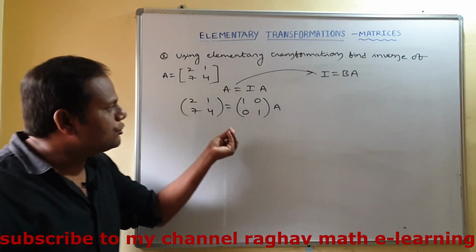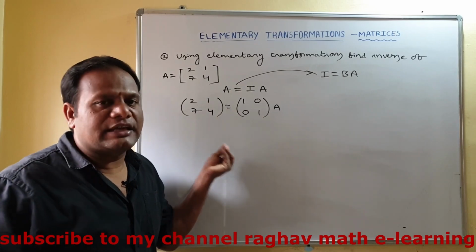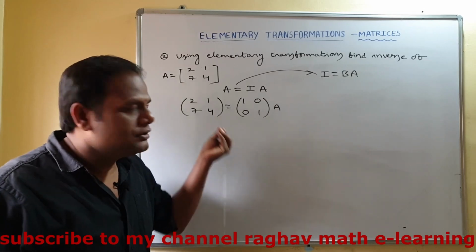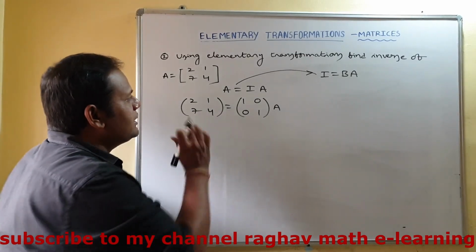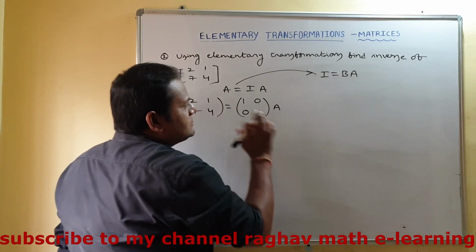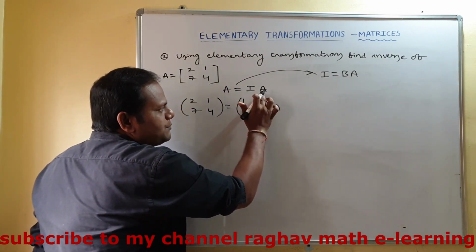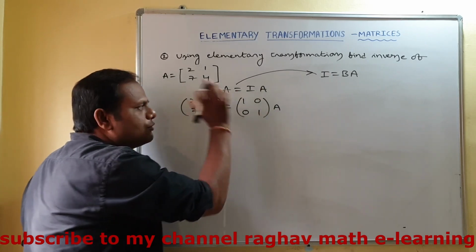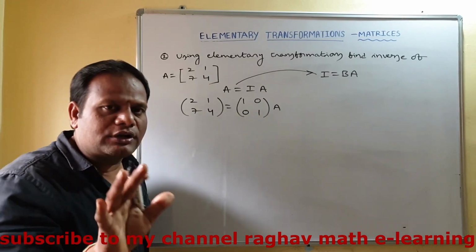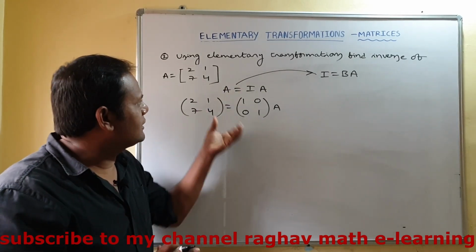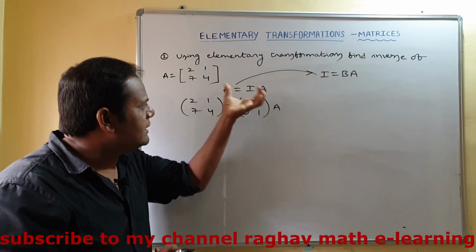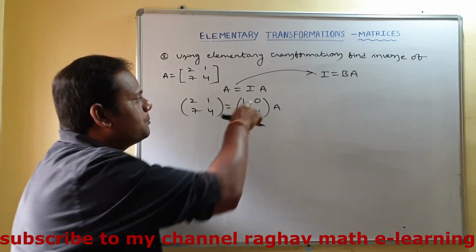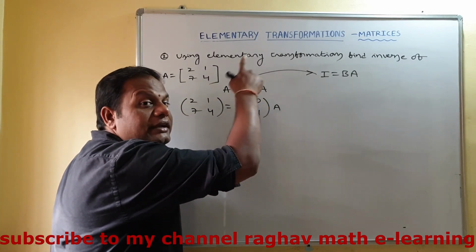So which transformations, row transformations or column transformations, do we apply here? We apply row transformations. Why? Because here we want the form BA, so we don't want to disturb the second matrix. In the product, you have to apply on the first matrix only. So you should apply row transformations to find the inverse of this matrix, because I have taken A equal to I into A. Suppose you want to apply column operations, by that time you should take A equal to A into I.